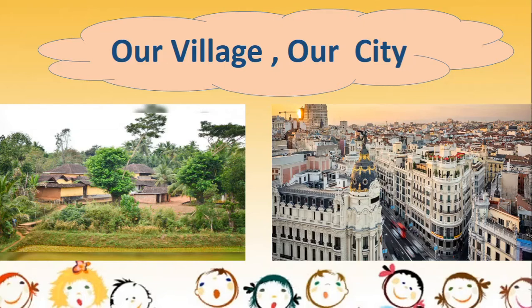So a village is a small place and a city is a much larger place, isn't it? Not only the size, but there are many other differences also as far as village and city are concerned. So we are going to look at all those differences. We are going to look at the different means of transport. Transport means the way in which you go from one place to another. We will talk about all the different means of communication and we are also going to talk about some languages